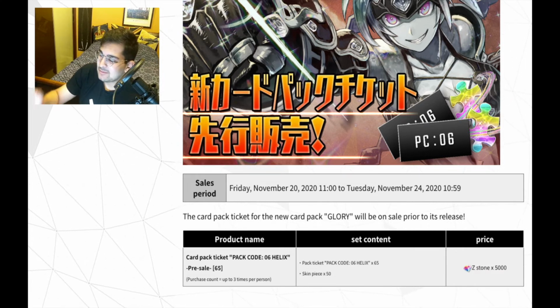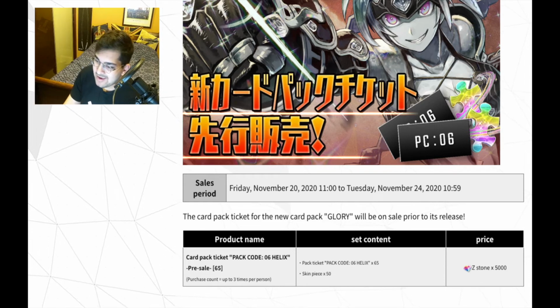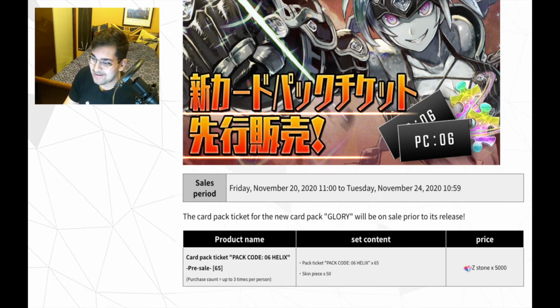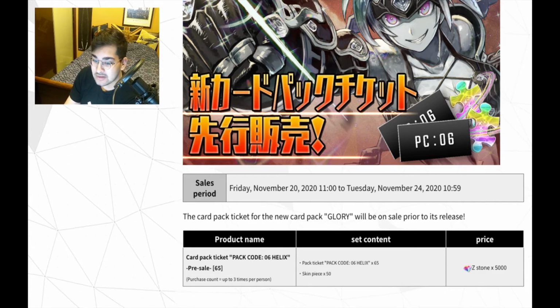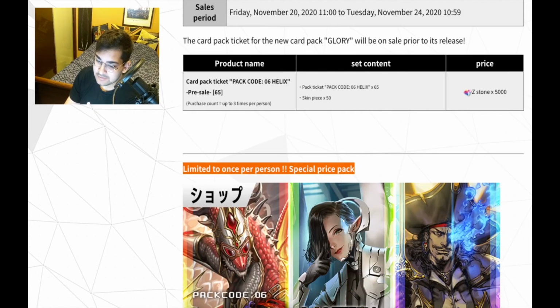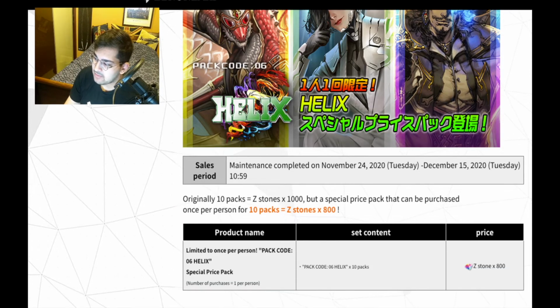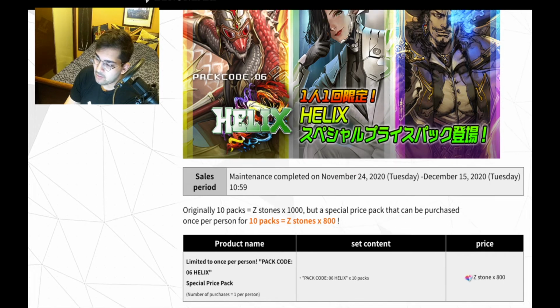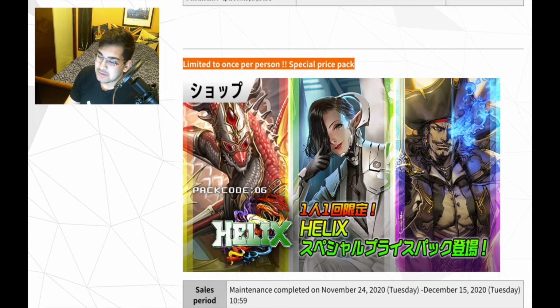Like, the exclusive skin was kind of like an actual incentive. Here, not a massive fan. I won't be buying this myself, and I don't think you should either, unless you're a massive whale. Then there's also going to be this special priced multi, it's 800 Zstone 10 roll. You can do this if you want. It's cheaper to do daily, but it's fine if you just want to go ahead and get everything